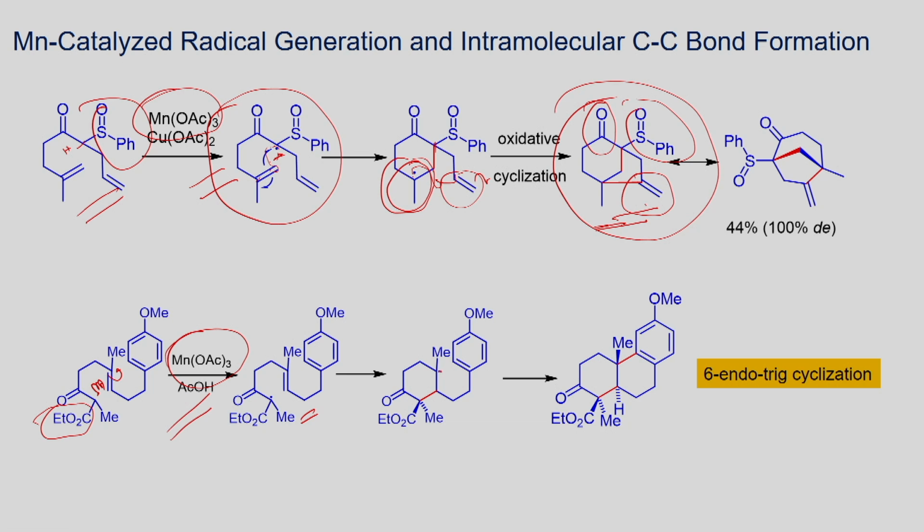This radical can now undergo intramolecular cyclization with this aromatic system. Then you will be able to form a multifunctional tricyclic system. First, it undergoes cyclization with this double bond. You form a tertiary radical, which can lead to intramolecular cyclization with this aromatic system, and in this way you will be able to form a tandem cyclization.